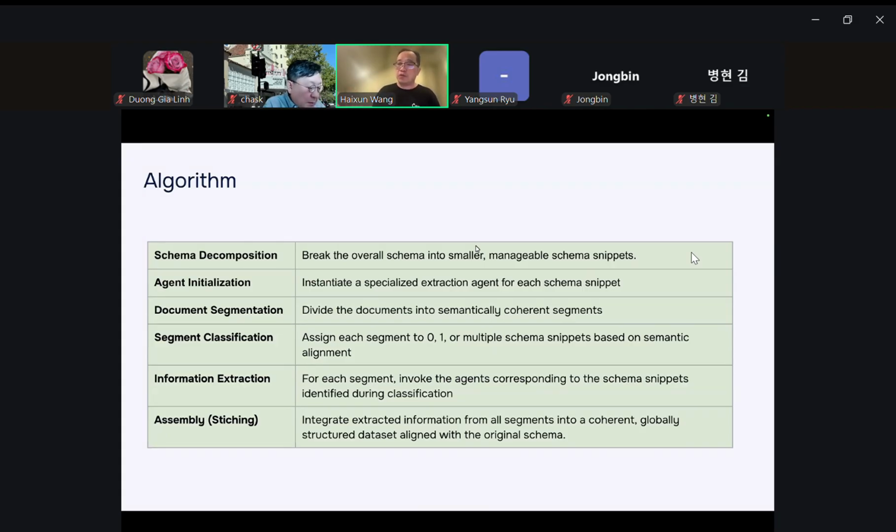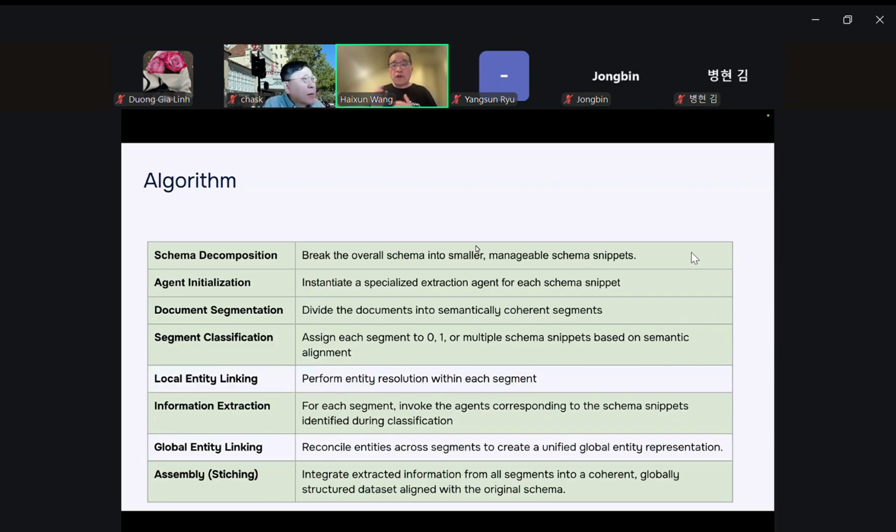And once it is mapped into the snippets, we can invoke the agents associated with these snippets to do the information extraction, right? And this step is also automated. And finally, we have all this information from these snippets, and we assemble them together, we stitch them together. That is the entire workflow.